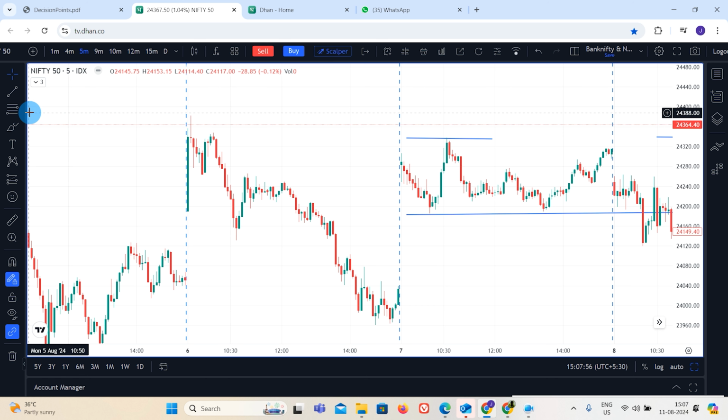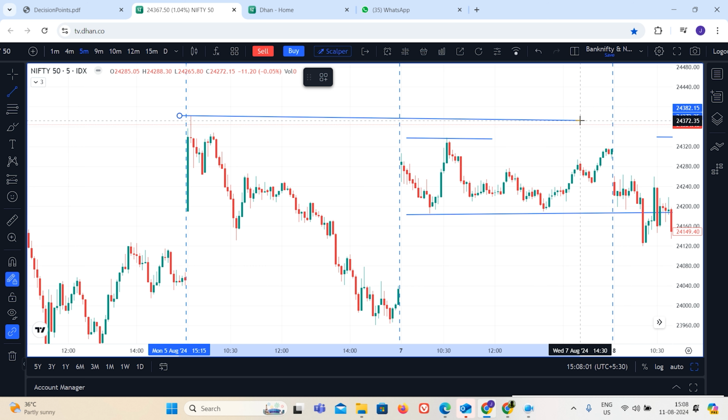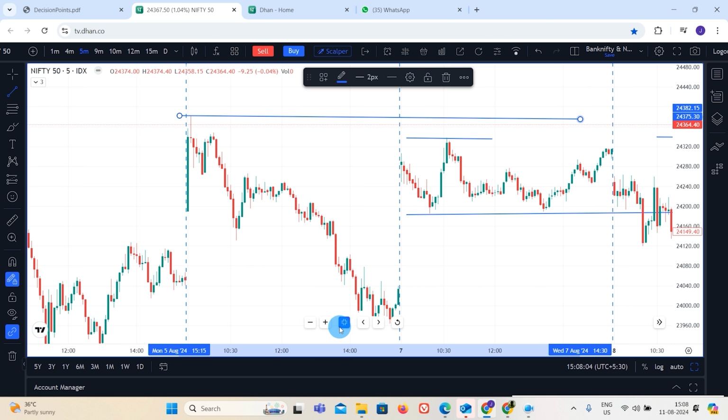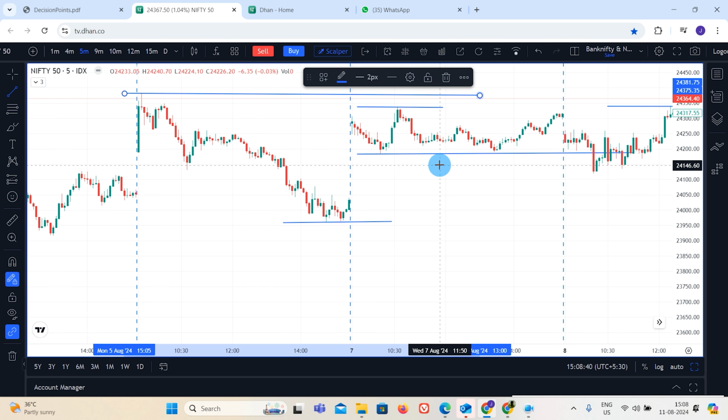You can see this one also. This is a previous day high. I'm extending to the next day. Same way, previous day low, previous day. So in this case, if you say the market is in between, so on this day, 7th of August,